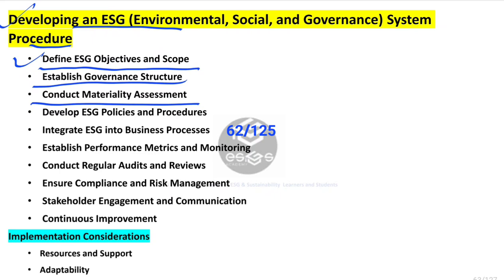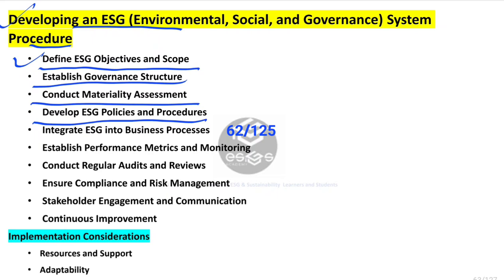And then we develop the ESG policies and procedures. In the policy development, we create clear and concise ESG policies that align with the organizational objectives, regulatory requirements, and stakeholder expectations. We go for procedure development, defining step-by-step procedures for implementing ESG policies, including environmental procedures, for example waste management, energy efficiency. For the social side, procedures can be like diversity and inclusion, community engagement, and governance-related procedures like ethics and compliance procedures,